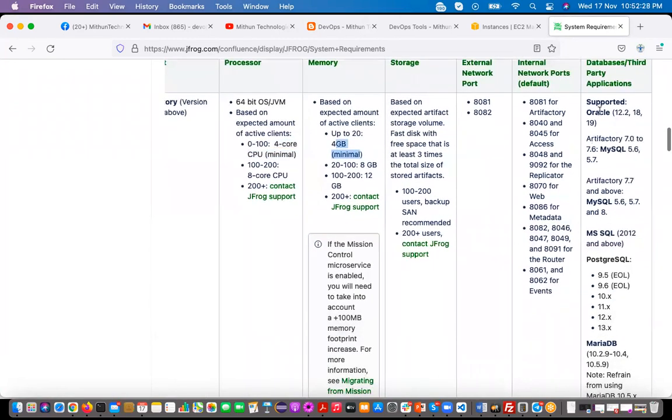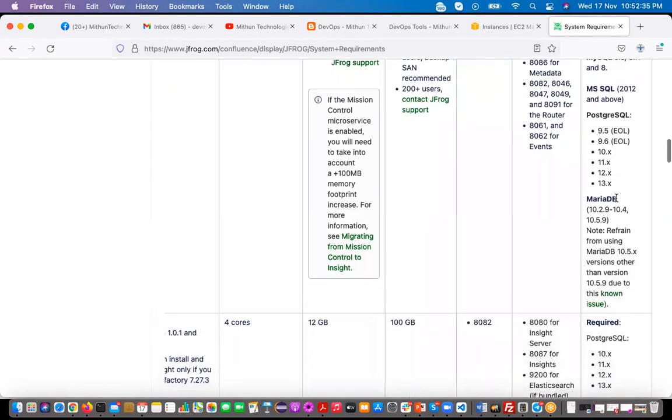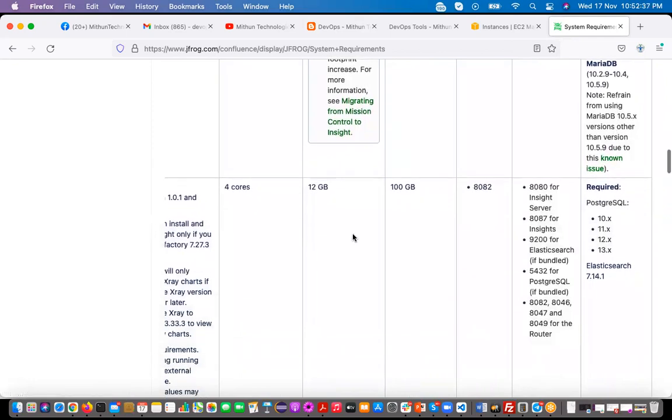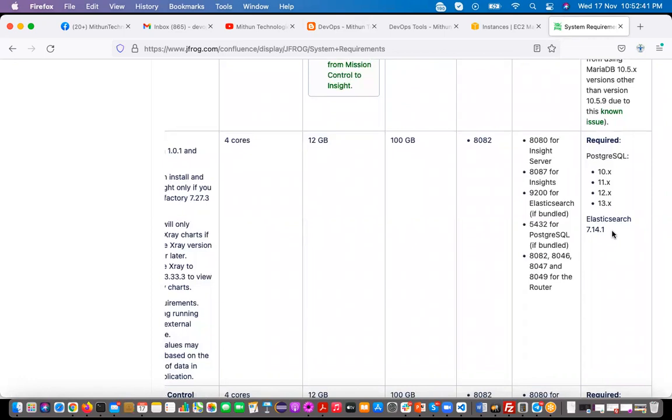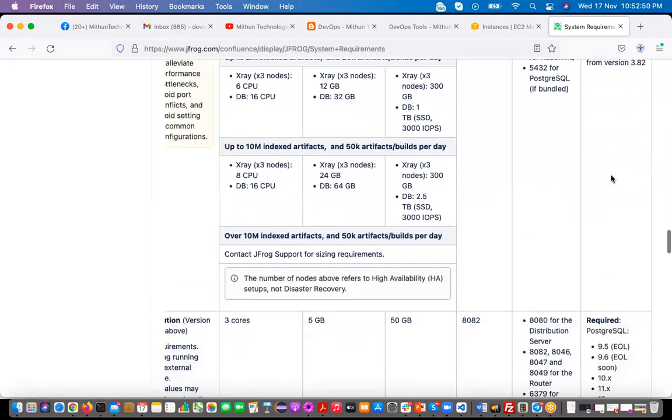Like that, you can see the supported operating systems and databases, Oracle, MySQL, PostgreSQL, MariaDB. They have explained the compatibility, which operating system, which version of Artifactory, and which version of database. Just scroll down.